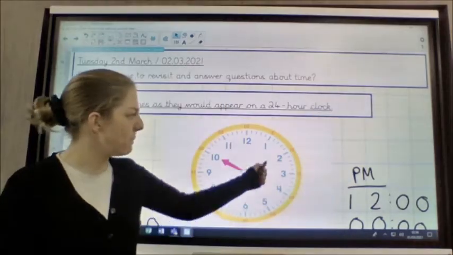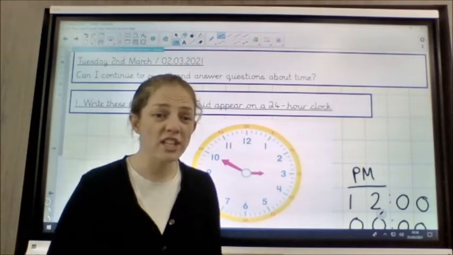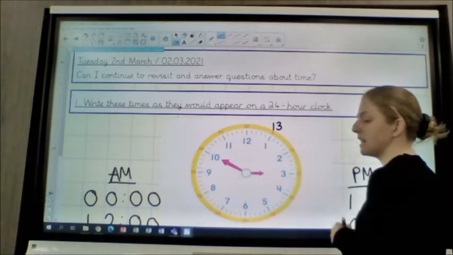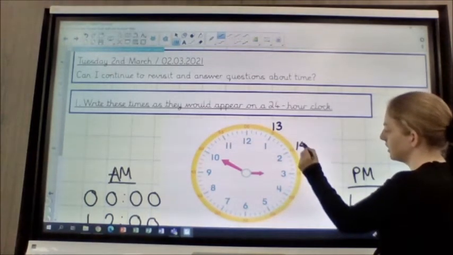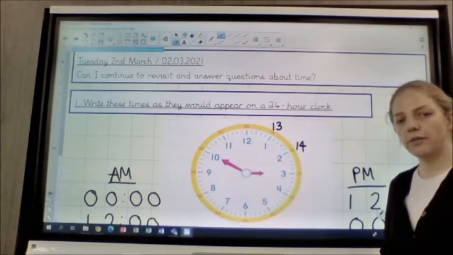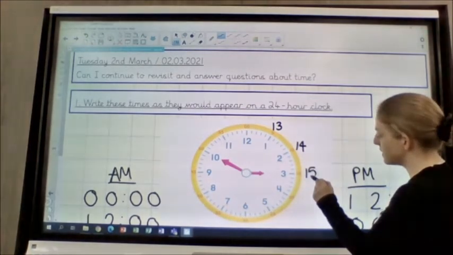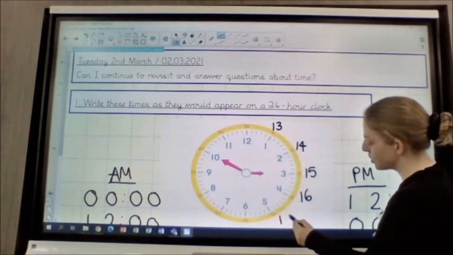And instead of it being 1 o'clock, it actually turns into 13. The number 13. And instead of 2 o'clock, it turns into the number 14. Instead of 3 o'clock in the afternoon, it turns into 15. 4 turns into 16, and so on